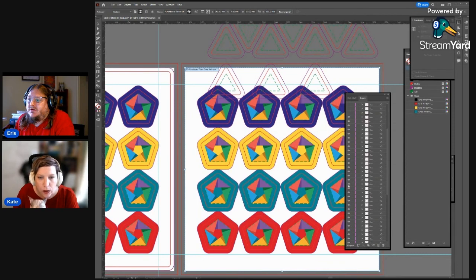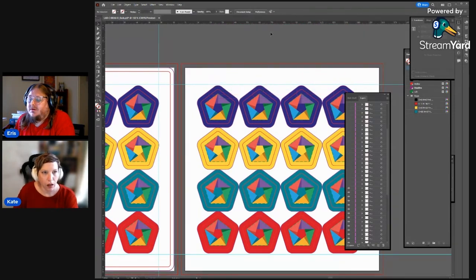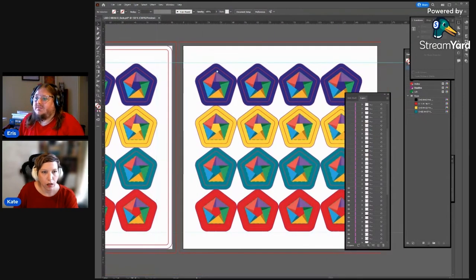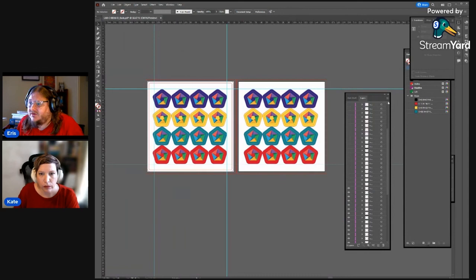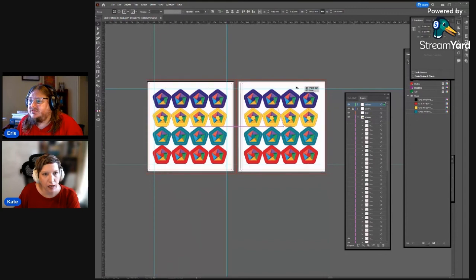Pentagons, pentagons. There's the triangles. The die line has not carried across for some reason. Maybe because it was locked. Okay, there we go.